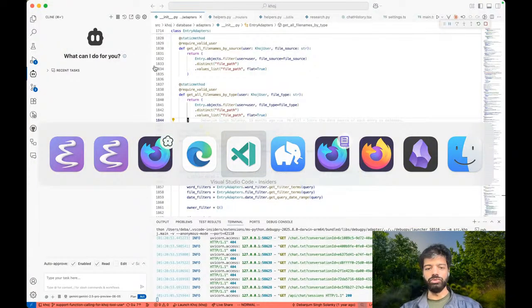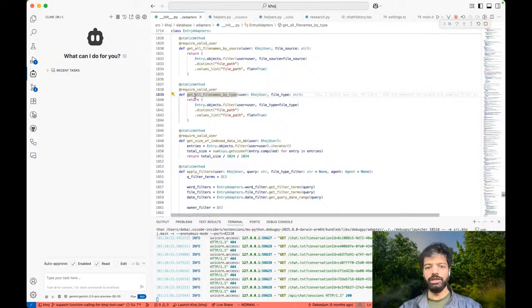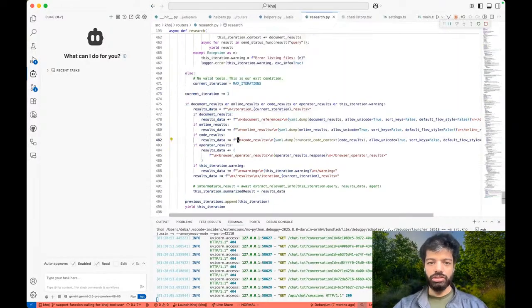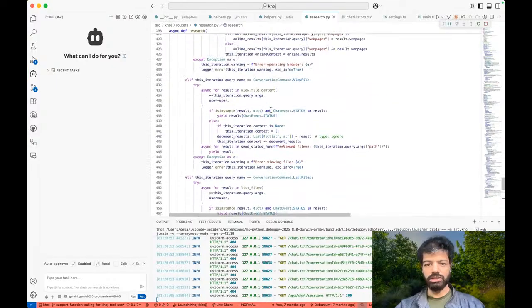Let's go to VSCode. And now we'll build the grep tool. I maybe will show you research mode, how it looks right now.